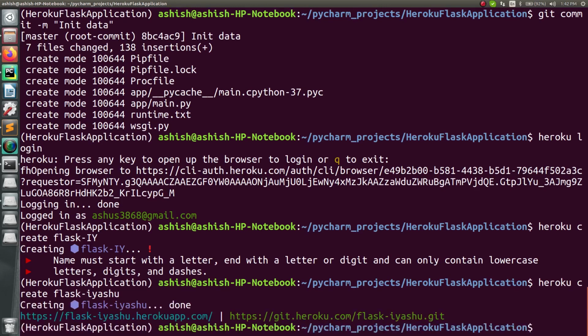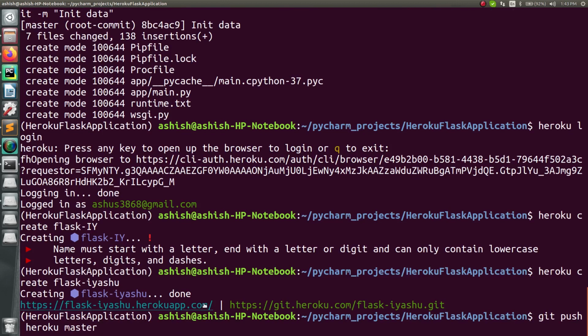You will see it will create an application on Heroku for you, right? So this is the API URL for that, and this is the Git repo for that. So this is how I have the complete project for that. And after you are successfully done up to this point, the only thing left is the last step, which is to push your complete project onto the Heroku app which you just created. For that, just type this command: git push heroku master and press enter.